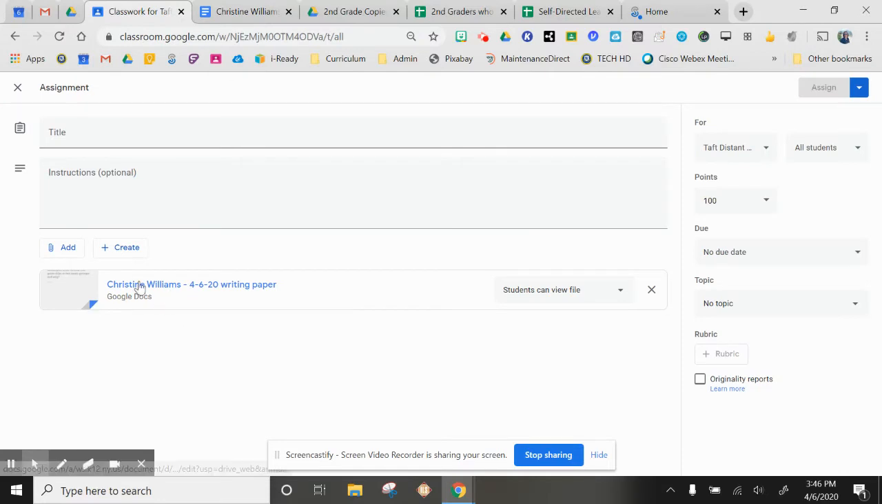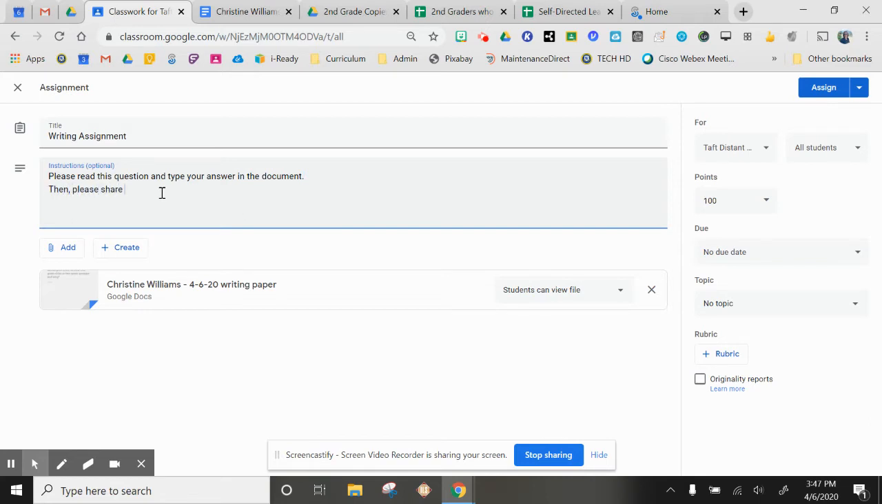So when you attach this, you would rename it whatever name you want, but I'm just showing you how to do this. So the title would be writing assignment. And then you would put directions in here. Please read this question and type your answer in the document. Then please share this back. Turning it in. So here you need to select that because this document, we want the students to edit it,